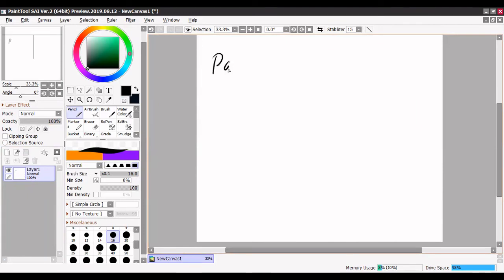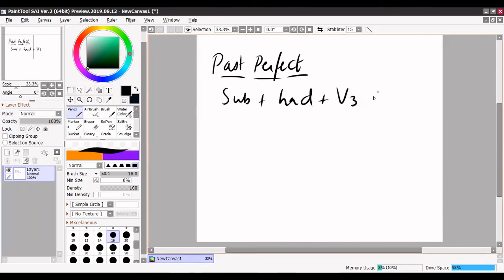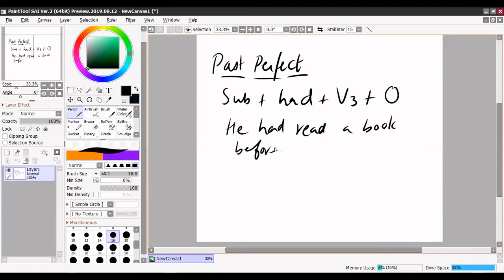So the sentence can be: he had read a book before Nick came. And in the passive voice it becomes subject plus had been plus third form of verb plus object,